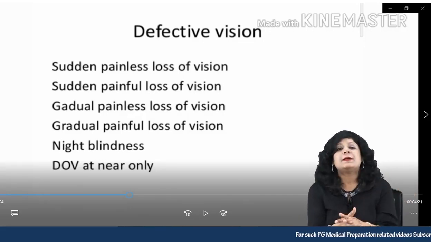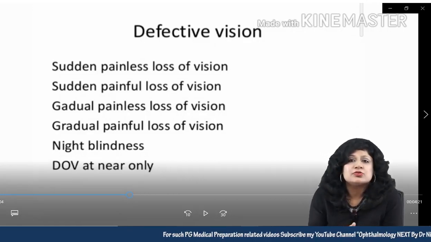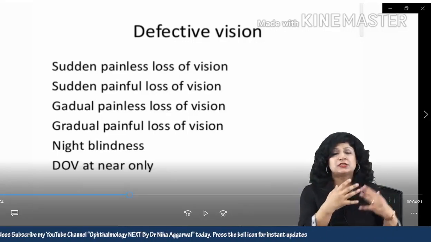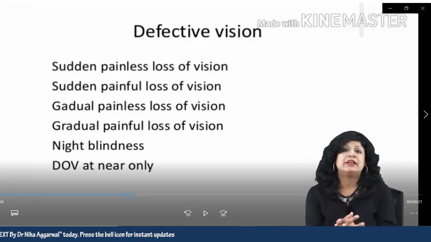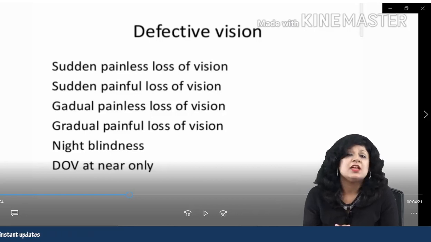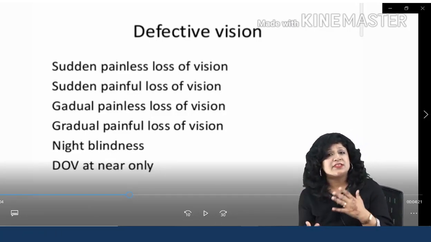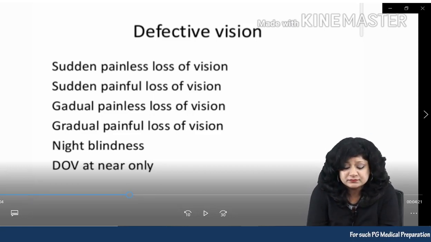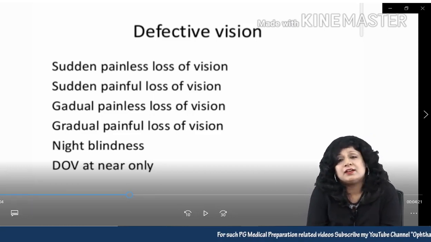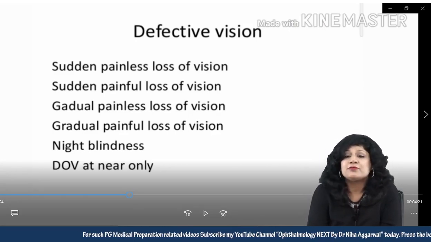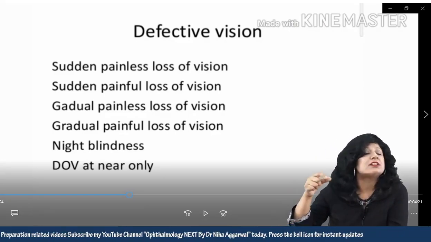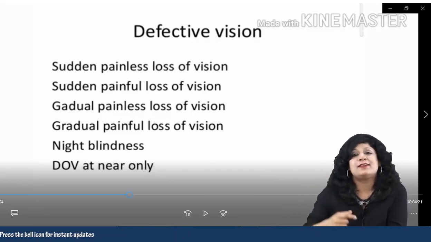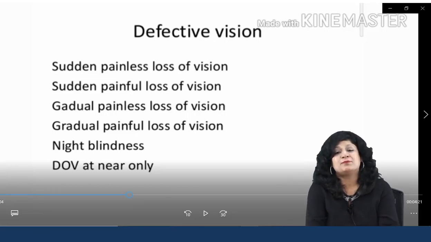So this was the complete history, how to start the history, starting from making a rapport with the patient and going about all the important points that you should see, and while you are presenting the case, while you are formatting your case sheet, all these things should be seen very, very properly. And I think if you go in this systematic manner, this is going to help you a lot, and you are going to rock in your vivas and the ward postings.